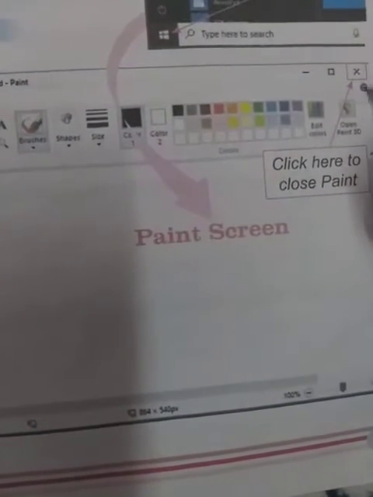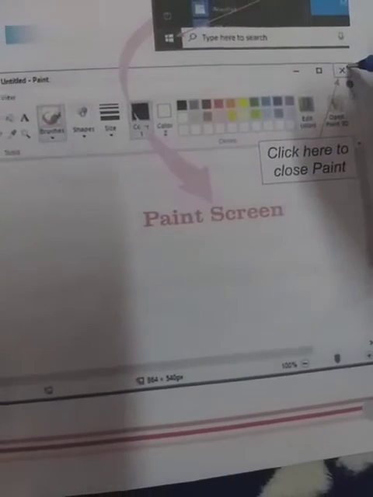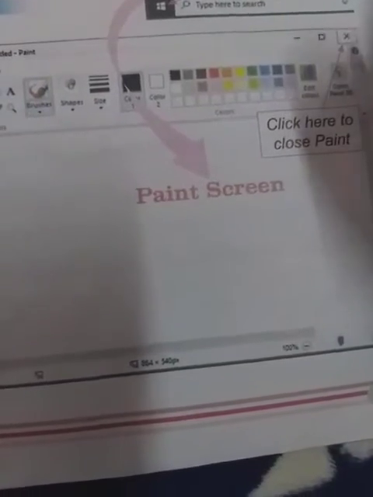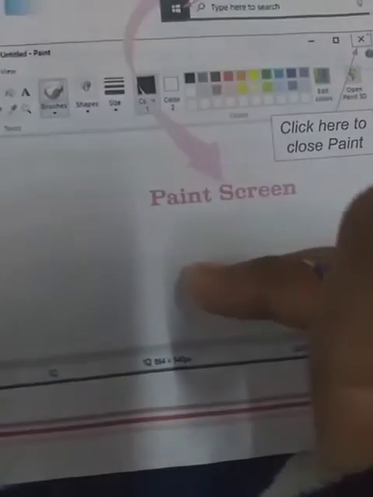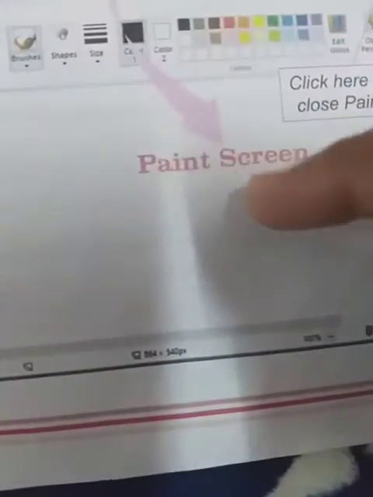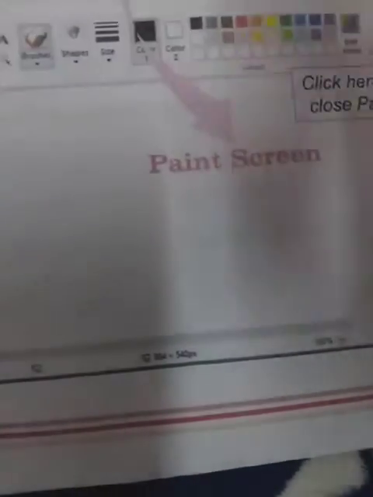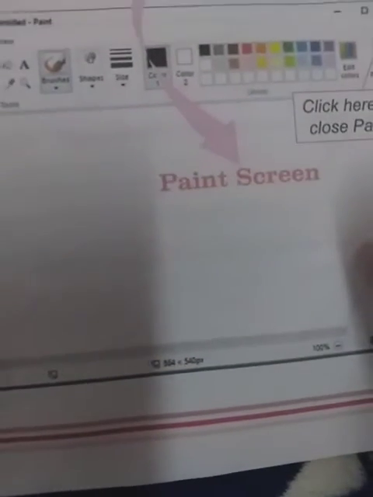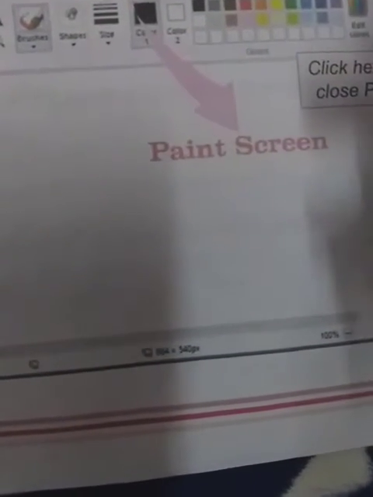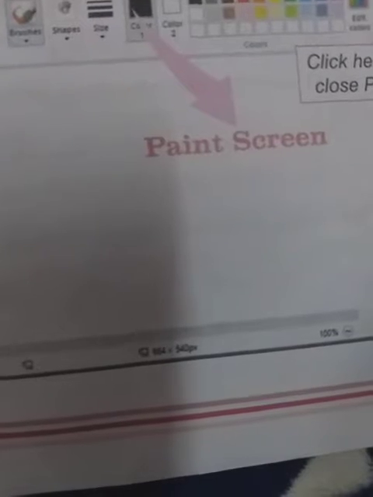When you click this cross, your Paint window will close. If you drew anything, then it will ask you save or don't save. If you save your Paint, then you will give a file name, then click the save button.